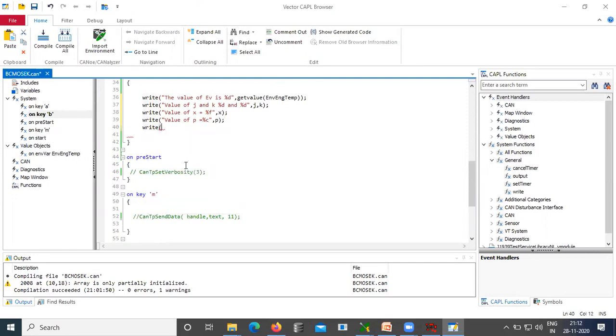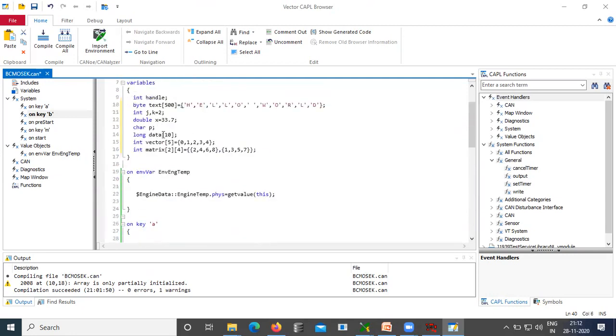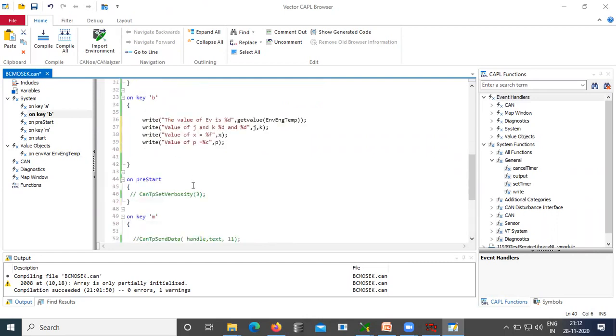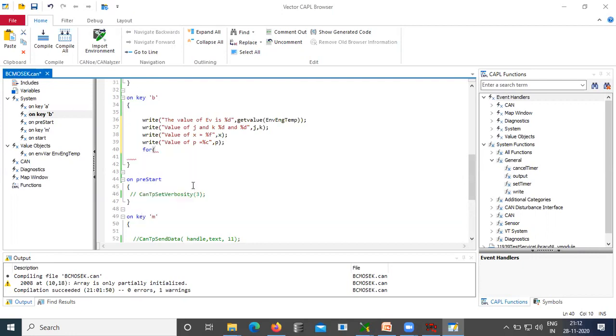Now after P, we have data, it is empty. So let us check whether it is empty. For that we use a looping statement. For j is equal to 0, j less than 10, j plus plus.